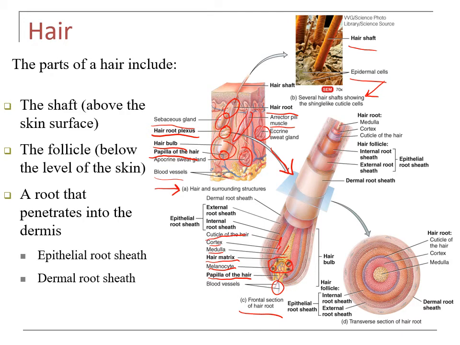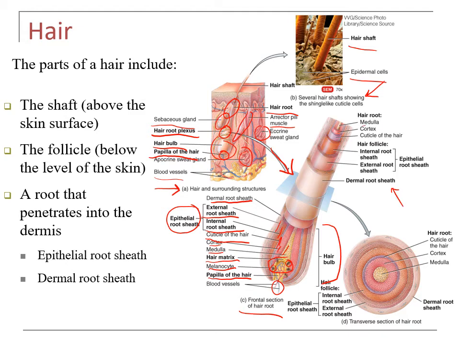And then, like we said, here we have the internal root sheath, and after that we have the external root sheath, and the internal and the external root sheath make the epithelial root sheath. And finally on the outside, we have the dermal root sheath, and this makes the hair bulb. Okay, and then if we look at it here, a cross section of the hair root, we can see